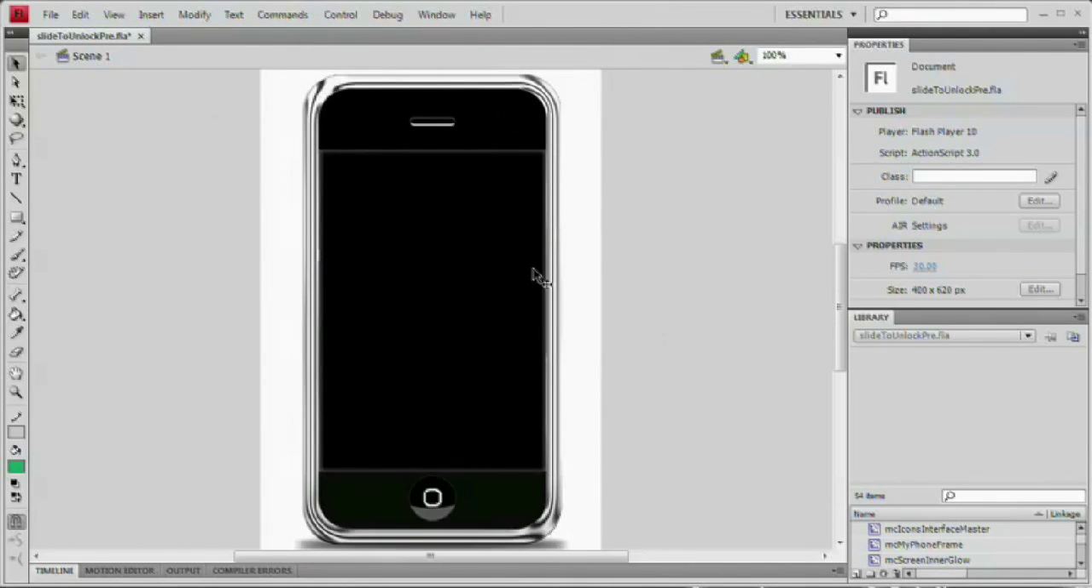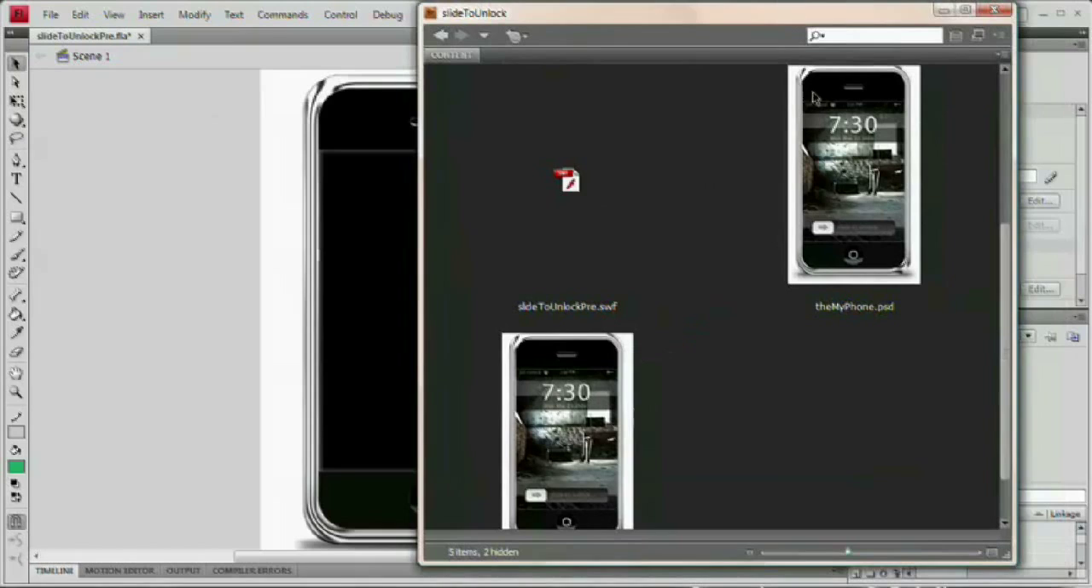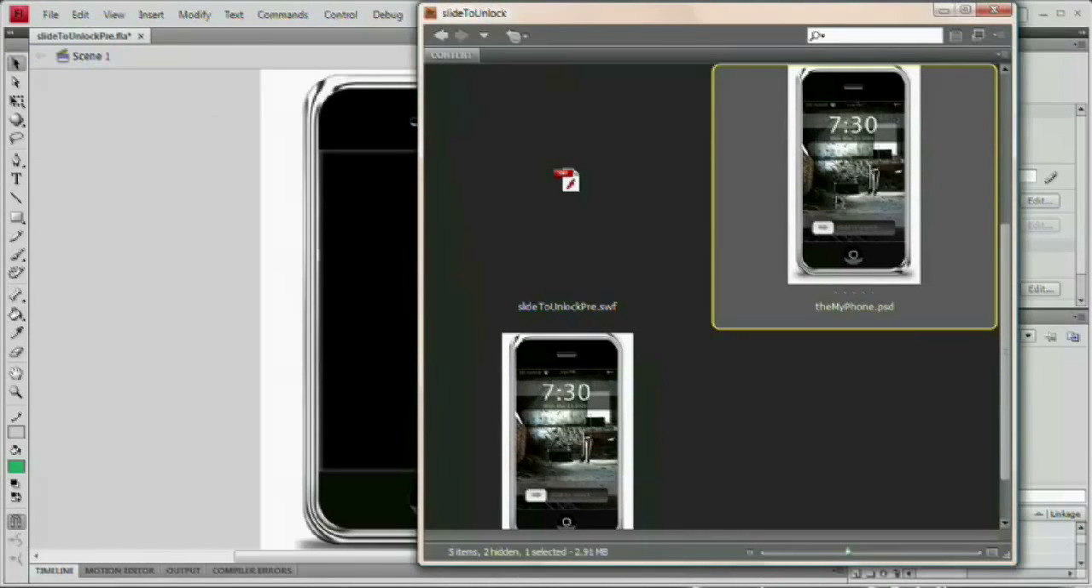Now, this is a copy of the iPhone which I created in Photoshop. I'm calling it the My Phone. Yeah, I know that's pretty cheesy, but the My Phone. I'm going to come over here into the Bridge, and you can see I have the myphone.psd, and this is